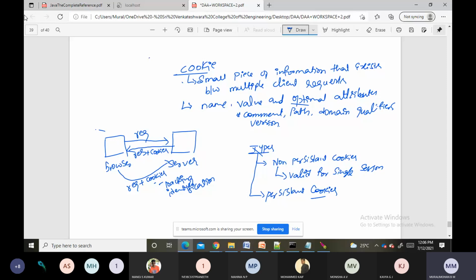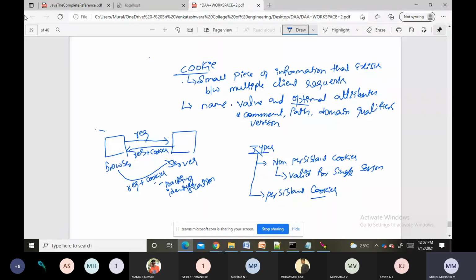Whereas in the case of persistent cookies, these are valid for multiple sessions. Kindly observe here. Persistent cookies are valid for multiple sessions, whereas non-persistent cookies are valid for a single session. With non-persistent cookies, whenever a user closes the browser, cookies are removed.